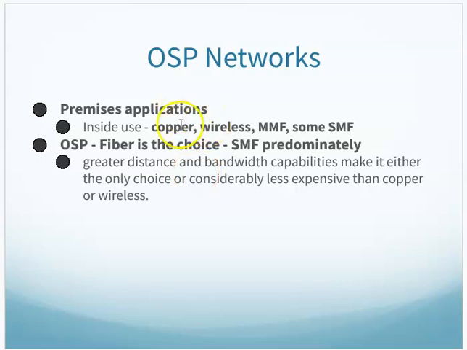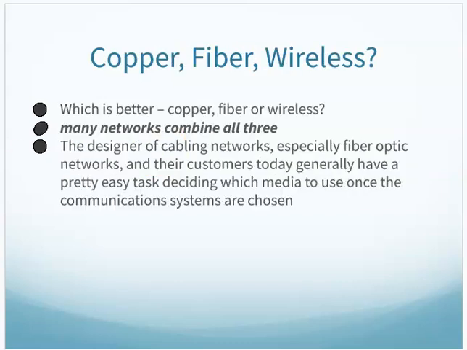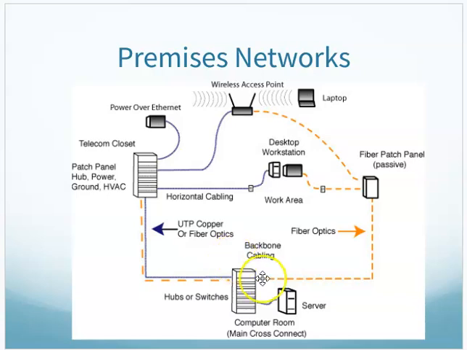Premise applications use copper, wireless, multi-mode fiber, and some single mode, but for outside plant, single mode fiber is typically your predominant choice. They remind us of the question of copper, fiber, or wireless. Many networks, especially premise networks, are a combination of all three. Like we showed before, we would have copper,